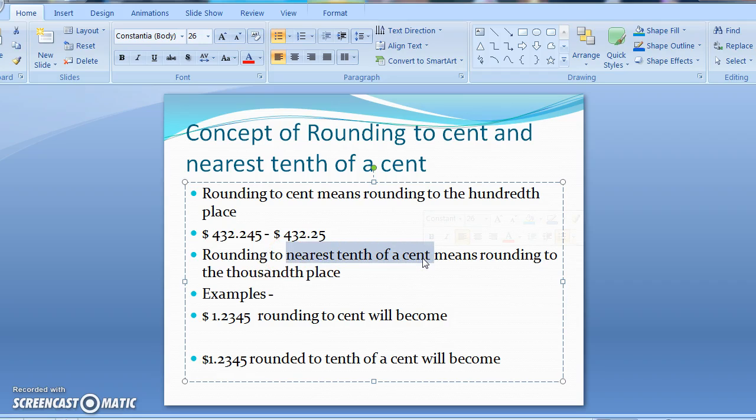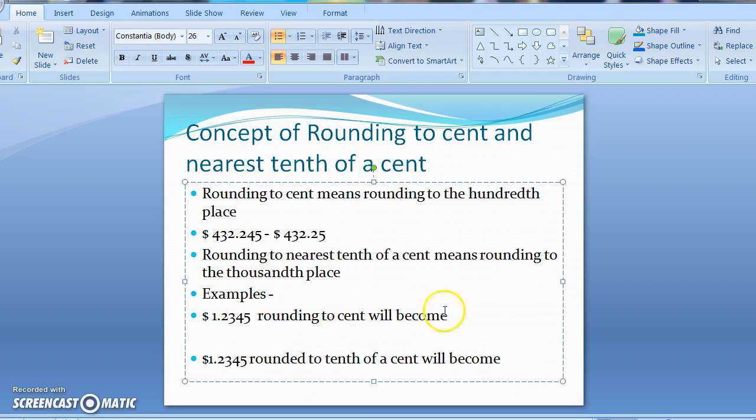Now, next one, rounding to nearest tenth of a cent. Tenth of a cent means 1/10 of a cent. Now, obviously, since rounding to cent, we are rounding it to 100. The nearest tenth of a cent, we will do 1/10 of 100, and hence we will round it off to the 1000th place. Great. So let's take an example here. Again,